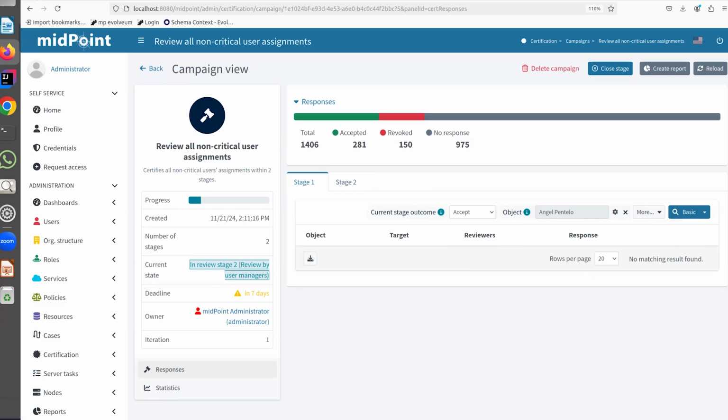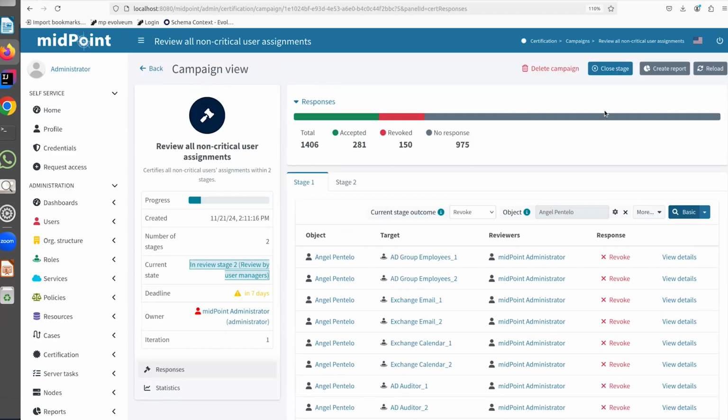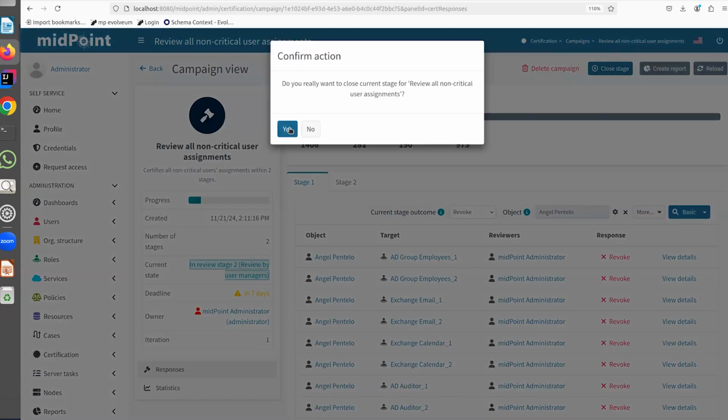Probably he was already decided in this one, and revoked. So we would like to close this campaign, to close the stage at first, and then